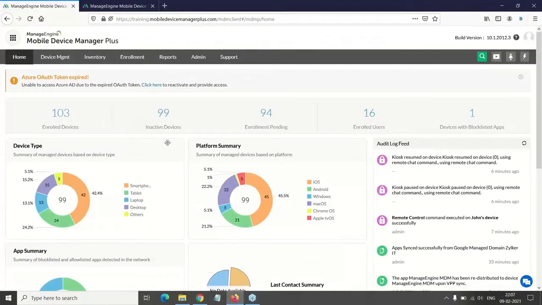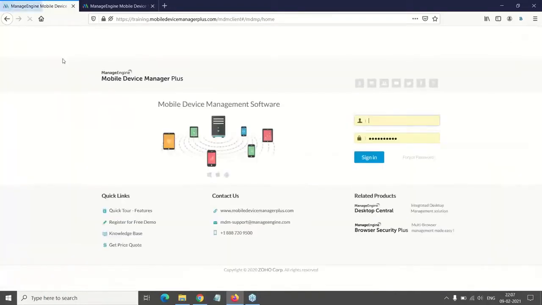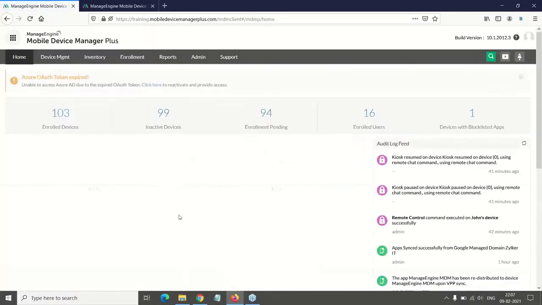So before moving on to the application management part, I will give you a brief walkthrough of the available applications on the MDM portal first. On the home page, as you know, you will have the basic details like the devices and applications that are available on MDM. You will have all the granular details about it. And device management is the tab about which we are going to discuss in detail during this session.